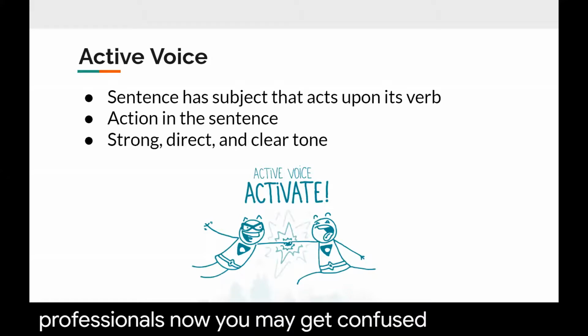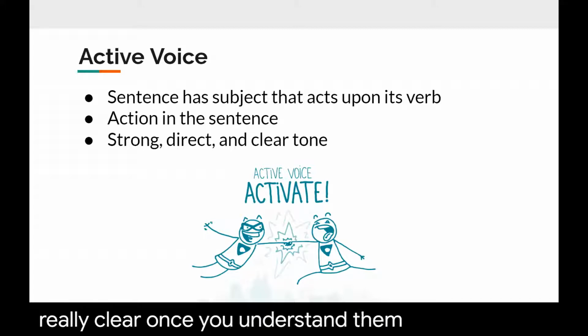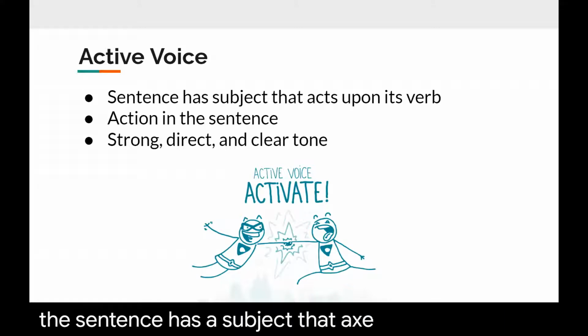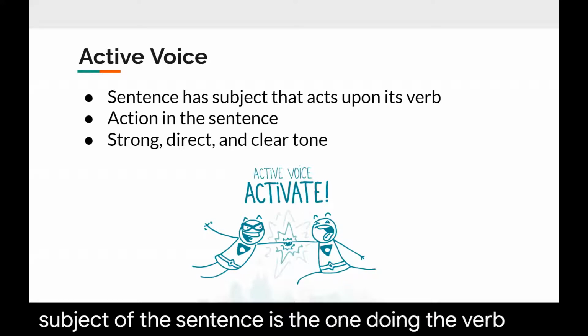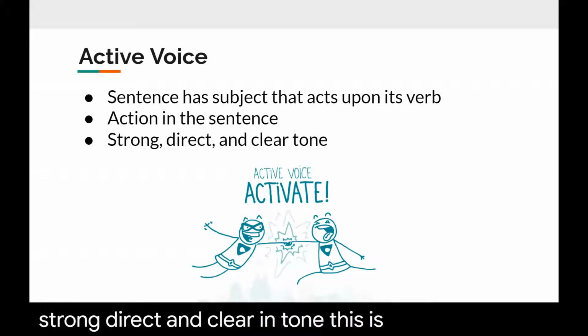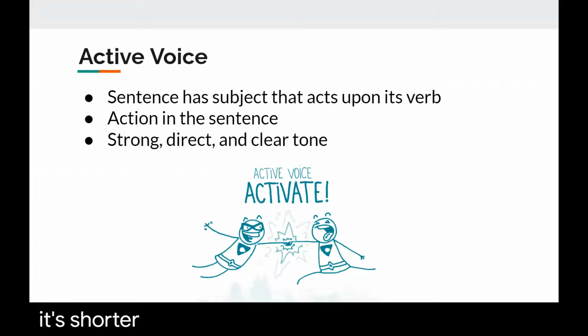Now, you may get confused by active and passive voice, but thankfully the concepts are really clear once you understand them. In active voice, the sentence has a subject that acts upon its verb. The subject of the sentence is the one doing the verb, so the action in the sentence is being driven by the subject. Active voice allows for the writing to be strong, direct, and clear in tone. This is why it's the preferred method of writing for journalists, because it's shorter and